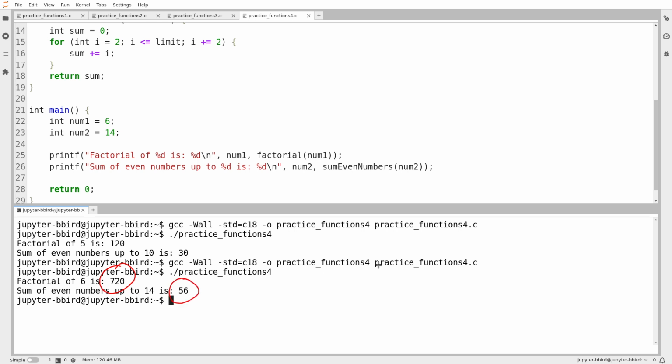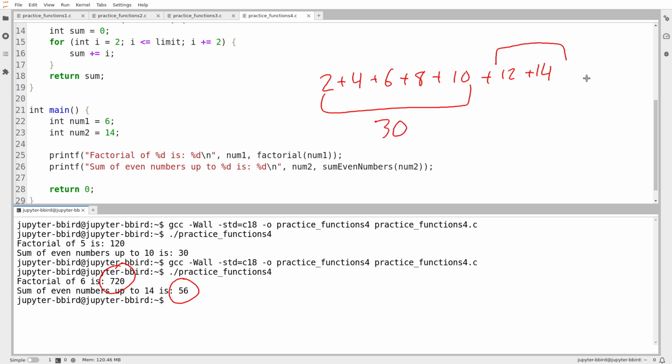The sum of all even numbers up to 14 is 56. Let's see if we can work that out ourselves: 2 plus 4 plus 6 plus 8 plus 10 plus 12 plus 14. We already know that the sum of even numbers up to 10 is 30. We verified that ourselves just a minute ago. And then these two numbers here add to 26. So this does equal 56.